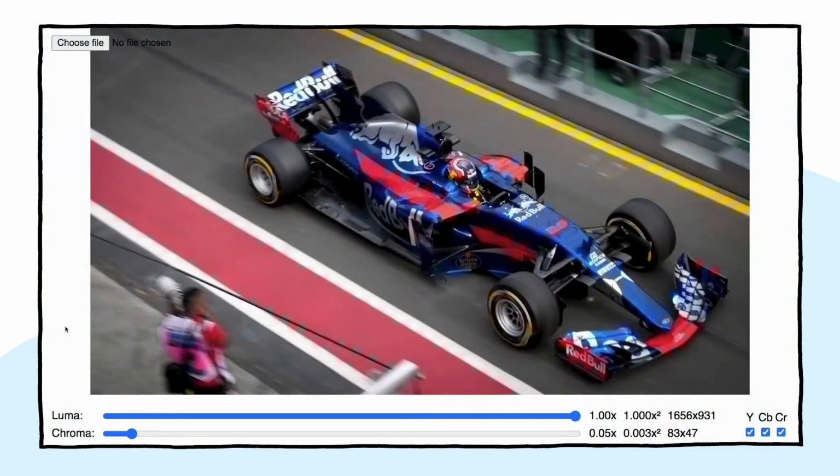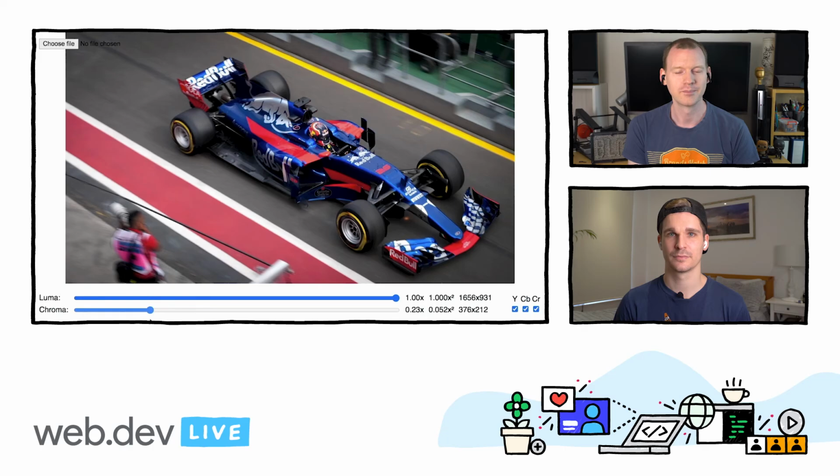So here's an image that has a bit more complex data around color. You can see this yellow stripe and the red stripe on the cars. Some of the details are quite blocky. But as we start increasing the amount of color data, it becomes difficult to notice. With this image, once I get the color data to around 5% of the brightness data, it becomes impossible for me to notice.